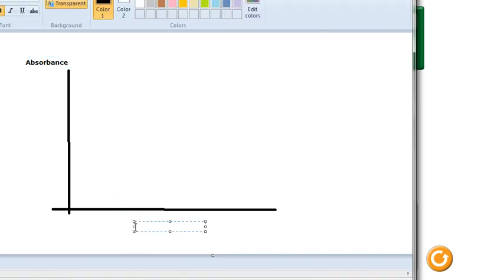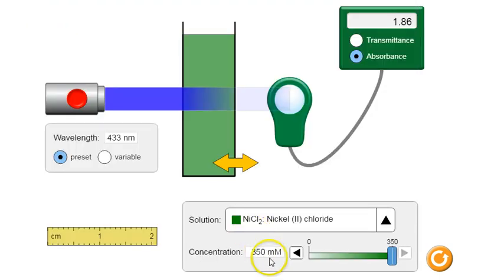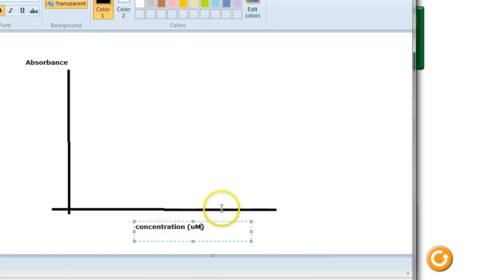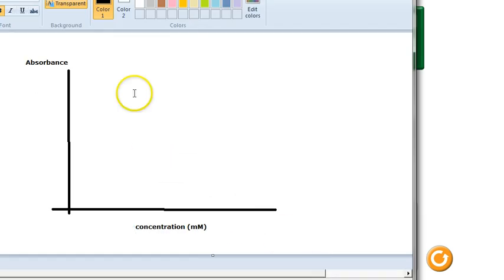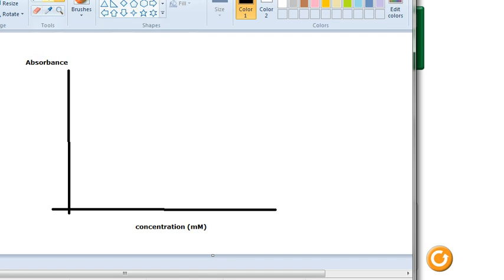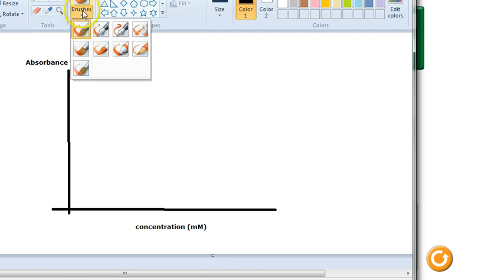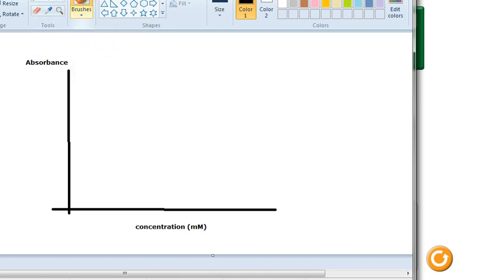In the x-axis, it is concentration in millimolar. Oh, sorry, that was millimolar. Okay. So the point of this is for you to think about and just make a guess